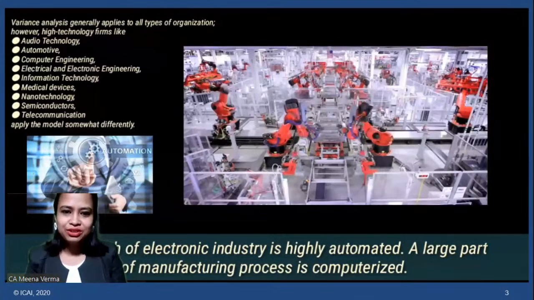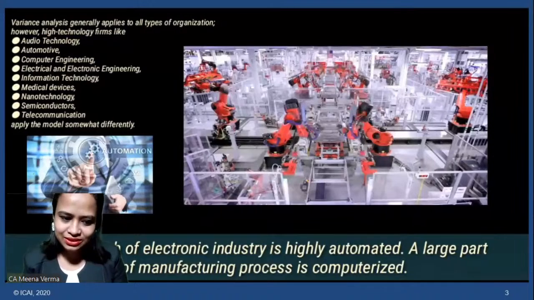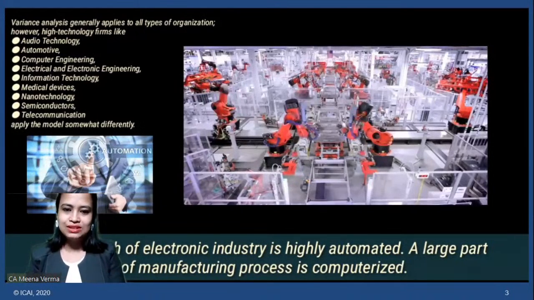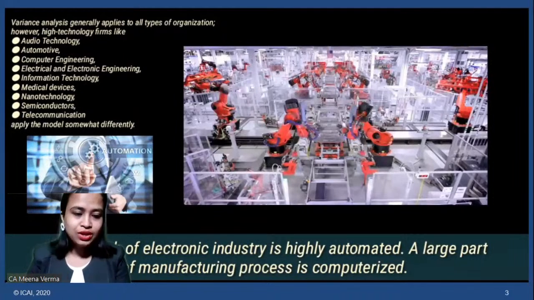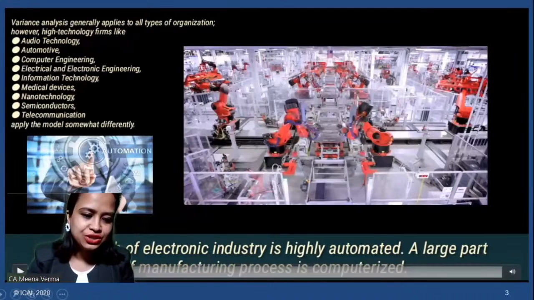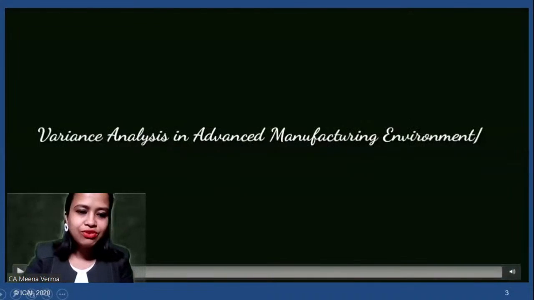I'm CA Meena Verma, and we were doing standard costing, the last chapter of strategic cost management and performance evaluation. We have 2 sessions left, and in these 2 sessions we will cover the remaining topics of standard costing. So, in today's session, we will cover